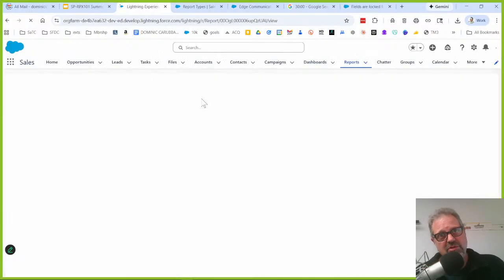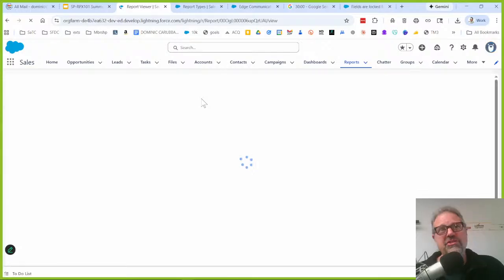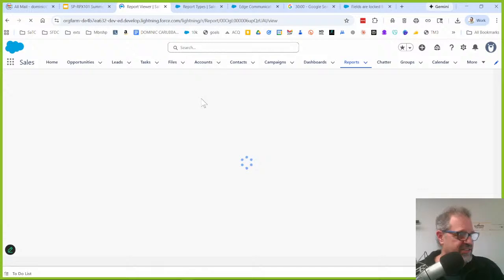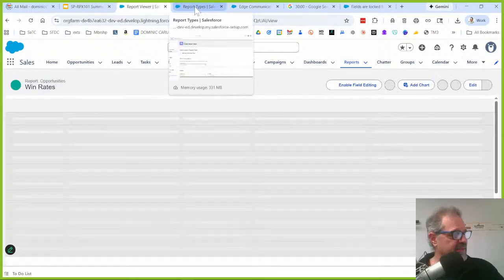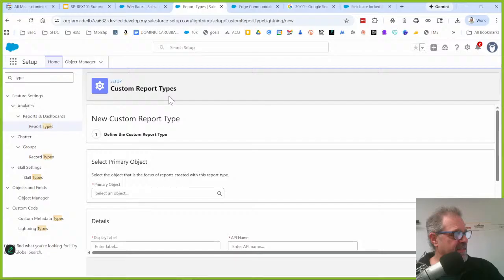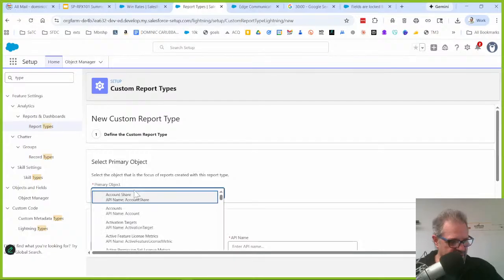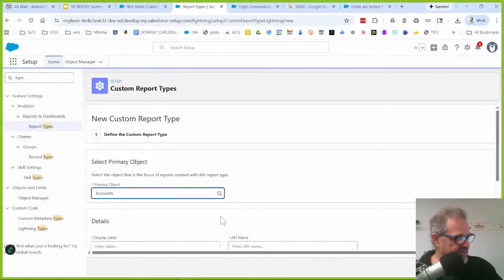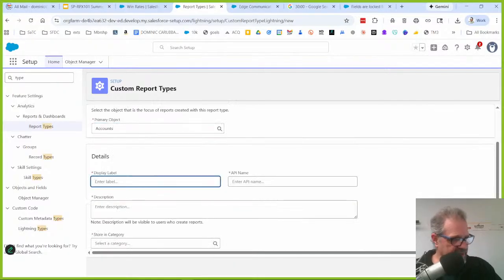you can't tell that. You can only use it as a data filter of accounts. You can't pull in any of the opportunity information. So we want to be able to pull in the opportunity information. There we go. Okay, so we want this one to be the accounts. And we want the label to be accounts